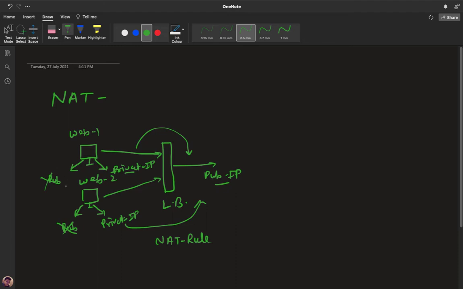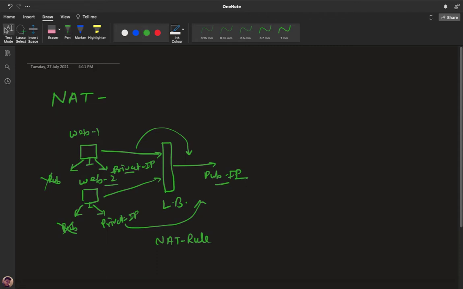So you can save the public IP addresses of your virtual machines, and you can access every virtual machine in the backend of the load balancer. You can connect via RDP with the help of the public IP address of the LB only. You can connect to web server 1 with the same IP address, and you can also connect to web server 2 with the same Azure load balancer's public IP address.